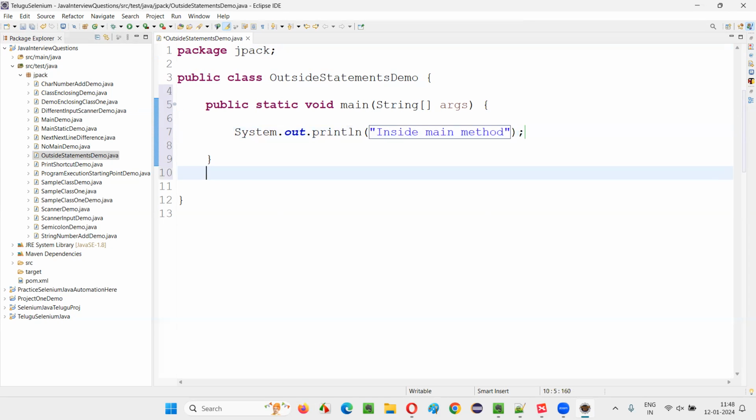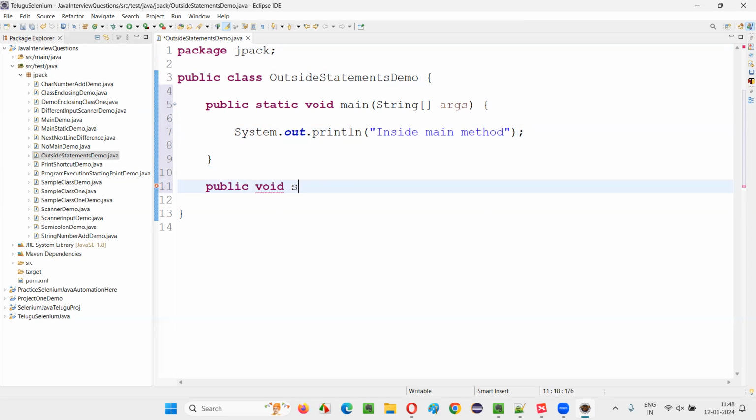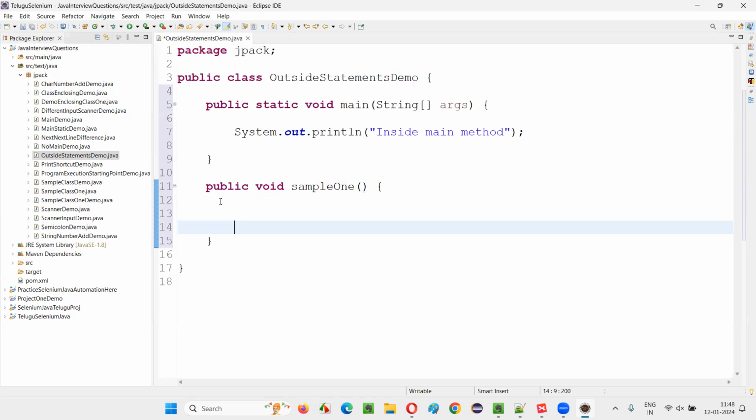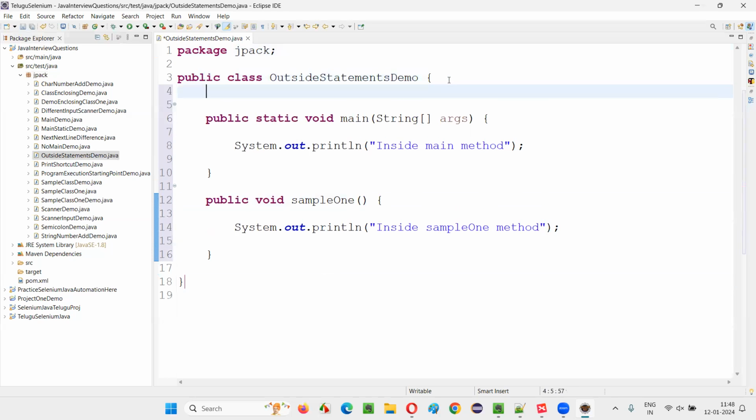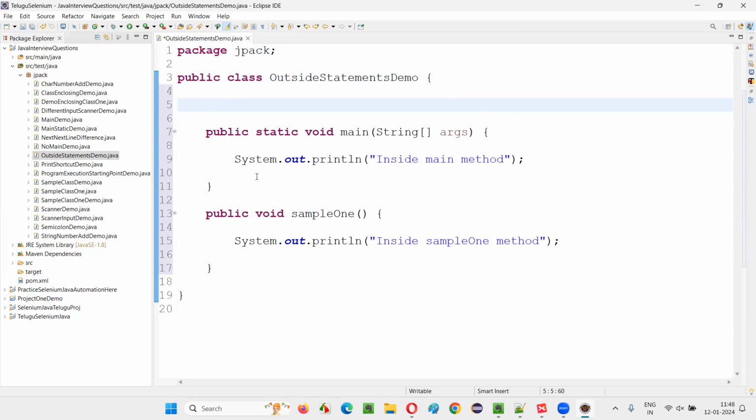Not only this, I can create other methods also. Public void sample1 method. Here also, System.out.println inside the sample1 method. You see, I'm not getting any errors when I'm writing the print statements inside the methods. But the same print statement, if I write outside the method, directly under the class,